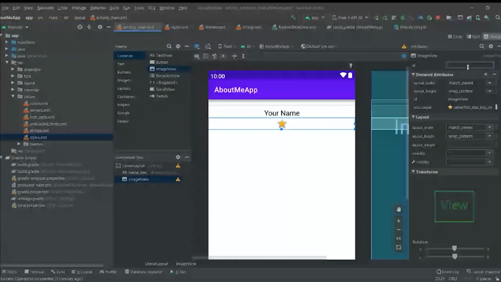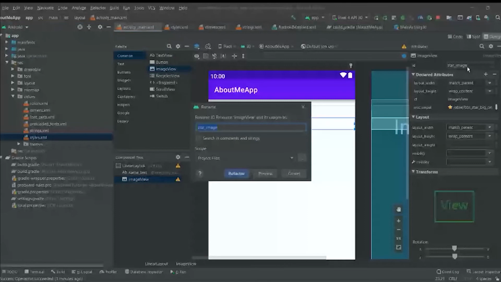You can change it to photo. Right now I'm changing it to star image. It's easy to refer to if we have it the same way. It will ask for a refactor in every place. Refactor means to change it everywhere this particular thing has been used. Click on OK. Yeah, in the code part, as you can see, the ID has changed from